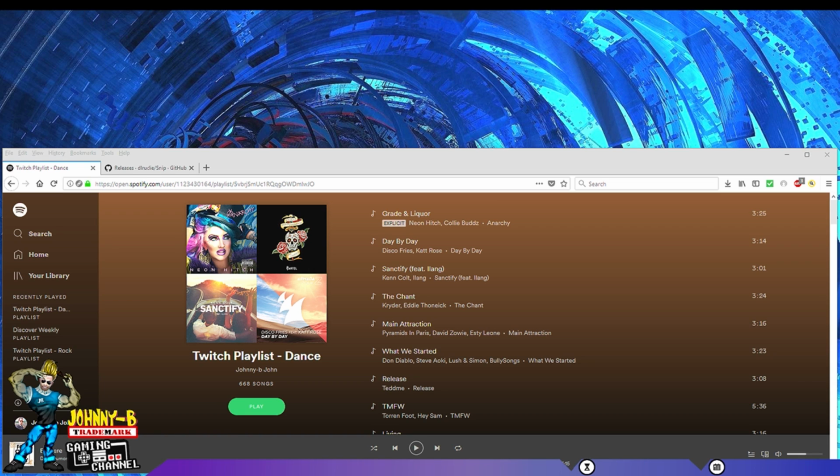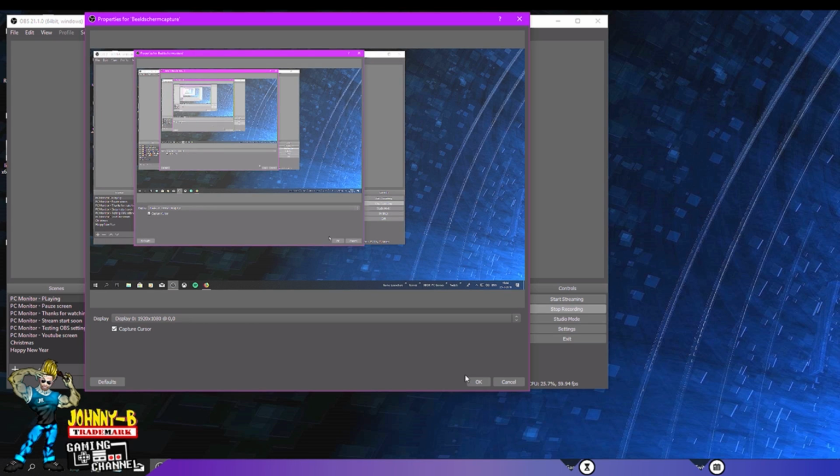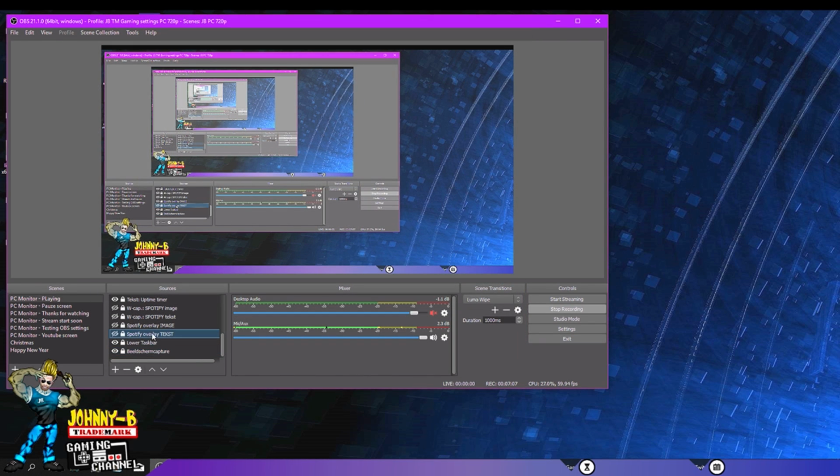All right, let me change up my screen here so you guys can see what I'm doing in OBS. Over here, this is what I normally use, the Spotify overlay. That's basically for Snip. And last night I did some digging. I did some stuff to get the information from the Spotify web player into OBS, and of course it works